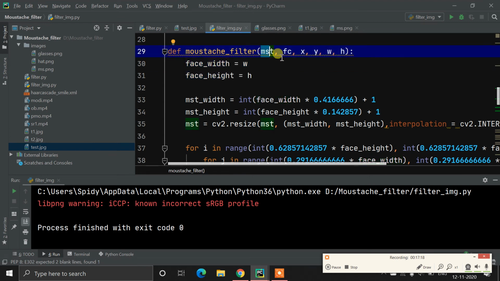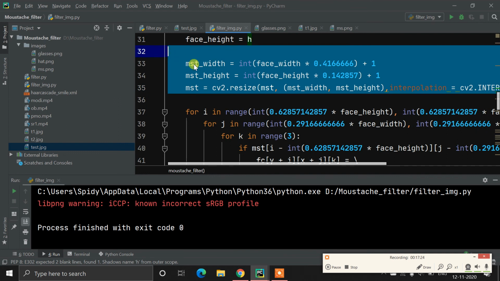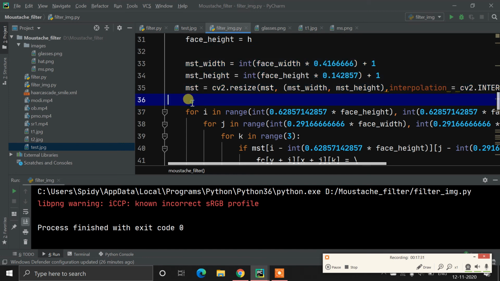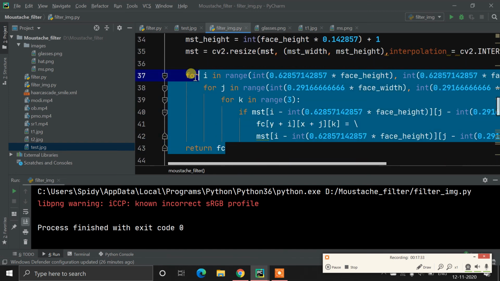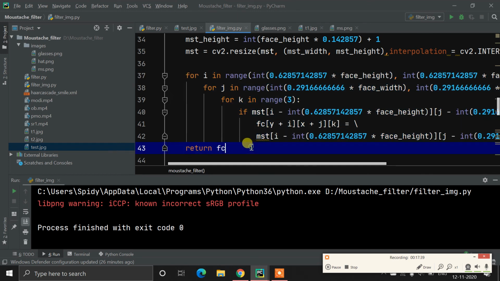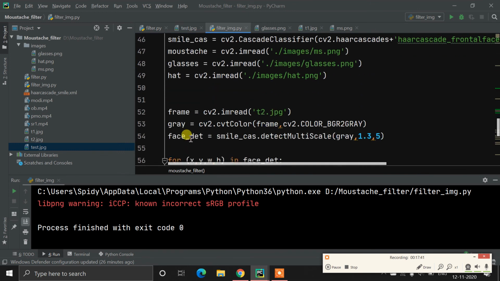This is the mustache png, this is the original frame, then this is the xywh of coordinates. So we are initializing our mustache, then resizing according to face size and width. After that we are putting our mustache in the middle of the face where the mustache should be. So that's how your logical coding should work.